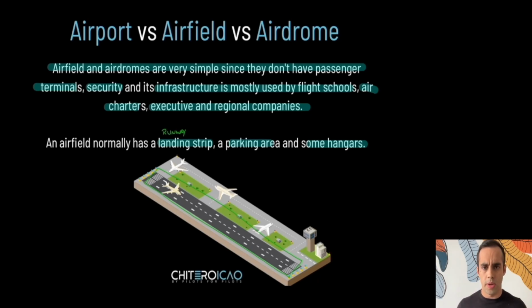The reason most people prefer this is because it's easier to operate. So it's perfect for a flight school. For example, you're not gonna see a flight school operating in JFK, or in Guarulhos, or in Lisbon Airport. They'll always choose the smaller airports because it's cheaper, easier, and it's better to manage the traffic. You do not want to have a Cessna 152 and an A350 in the same traffic pattern. That would just be crazy, right?